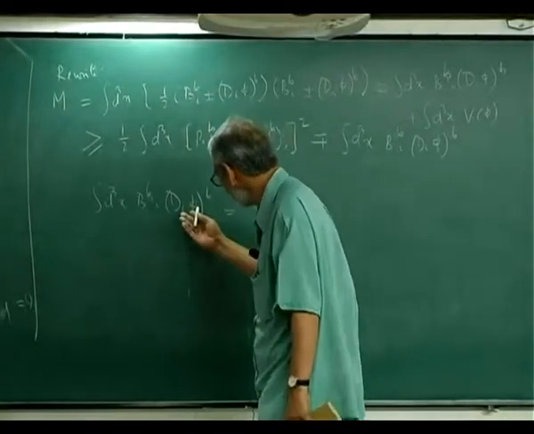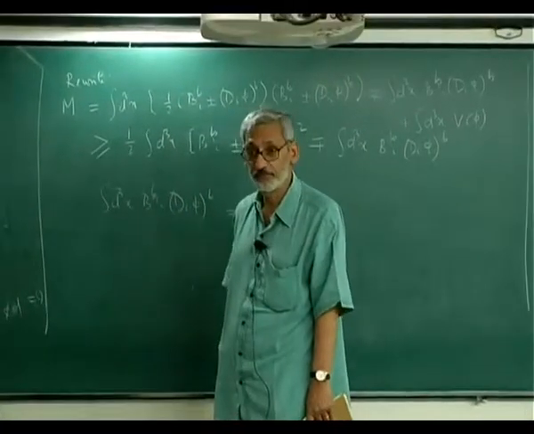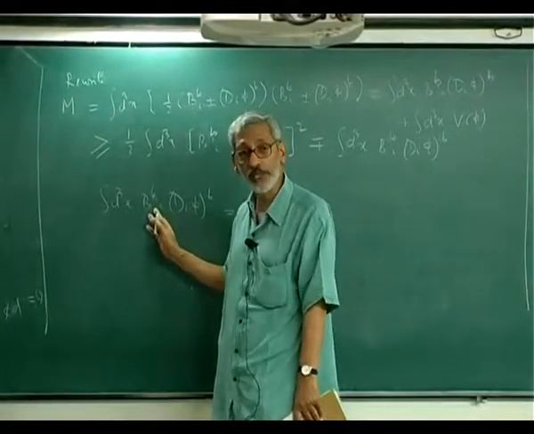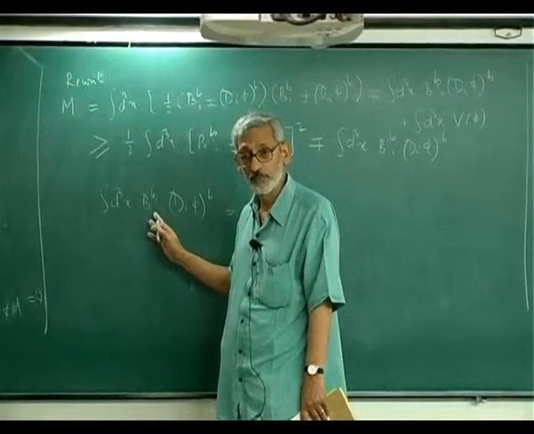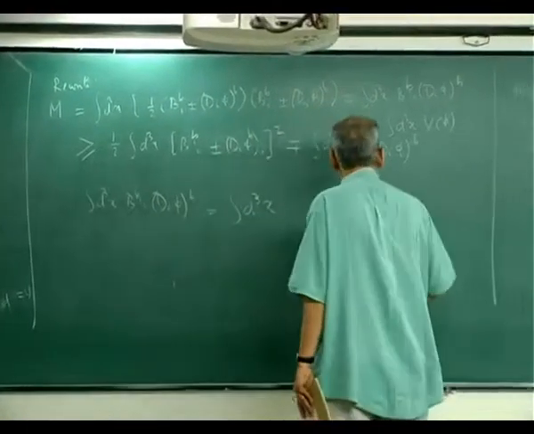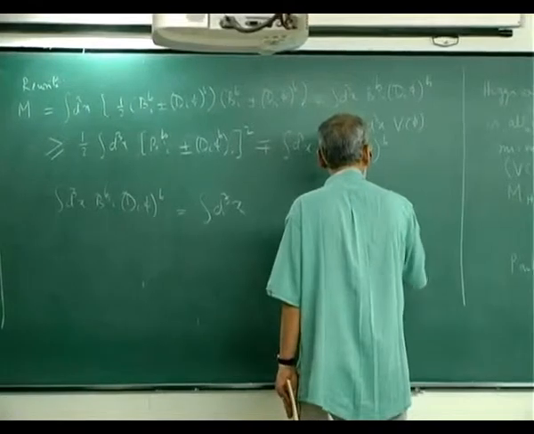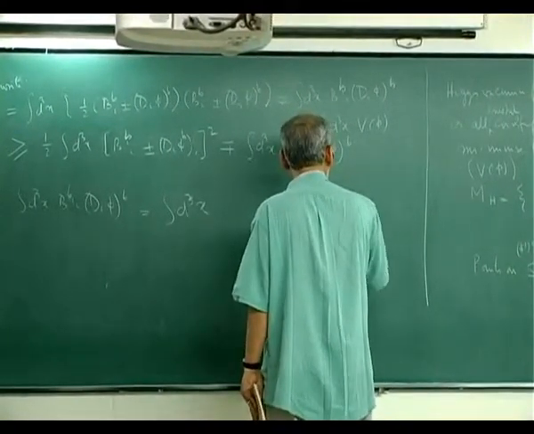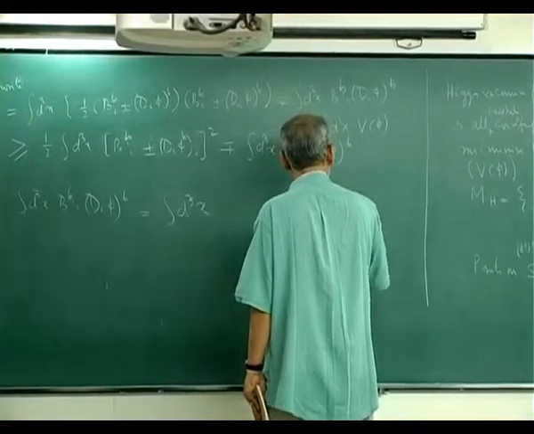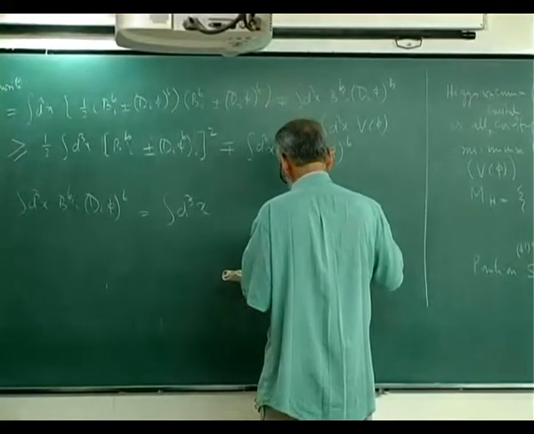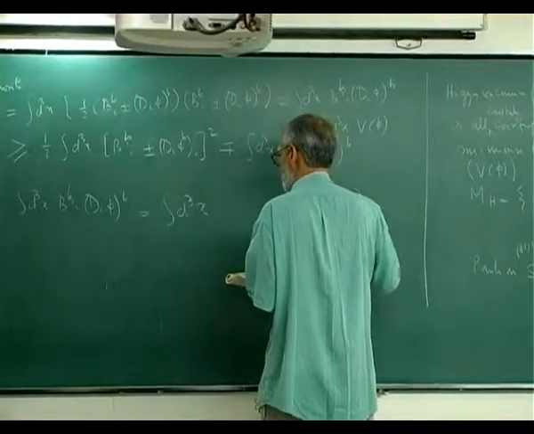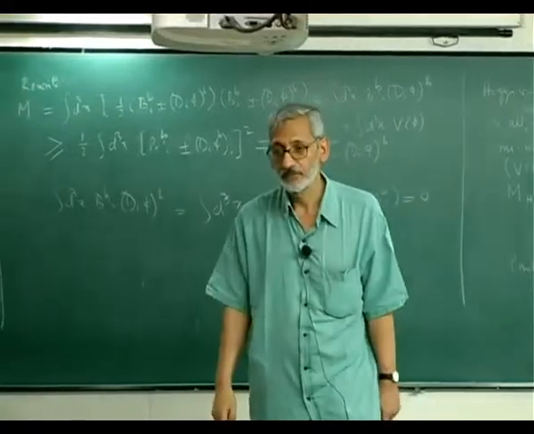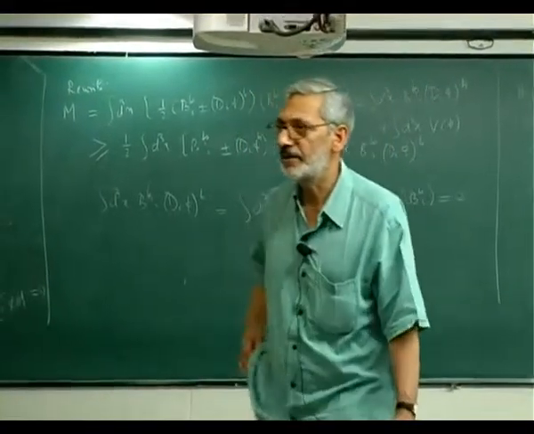So I can shift this object onto this. That will give me a covariant derivative acting on B. But the covariant derivative acting on B is